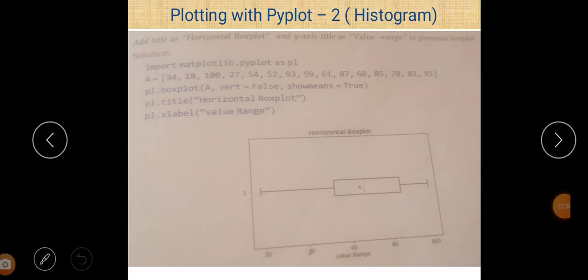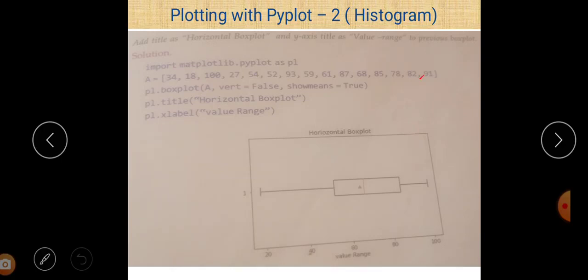Next question is we have to create a box plot, but with the name of the x label as value range, and the title of the box plot is horizontal box plot. So all things are the same as compared to the previous question.